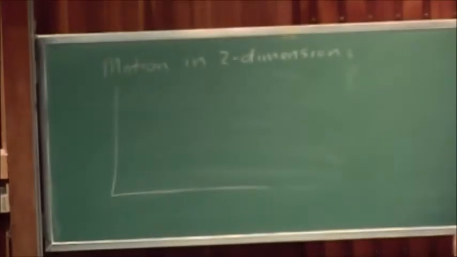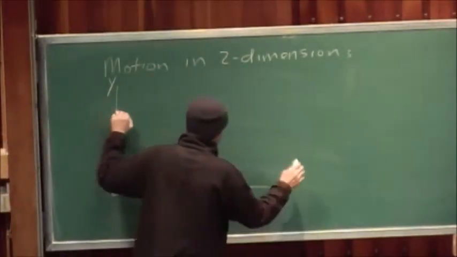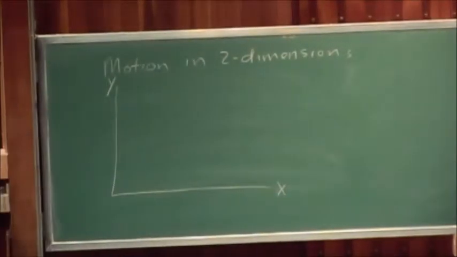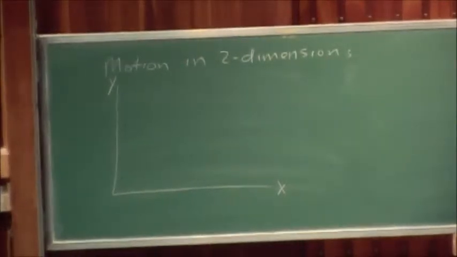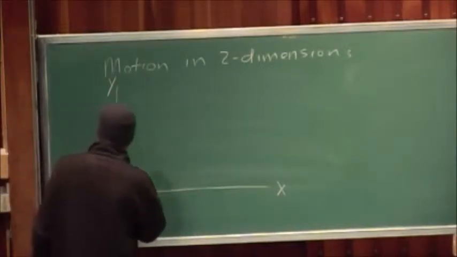Once again, we're going to call this the y-axis, and this the x-axis. Now we're going to define vectors in this two-dimensional space that allow us to describe two-dimensional motion. So let's say, for example, I have a vector here,